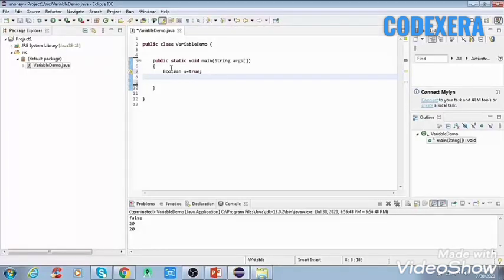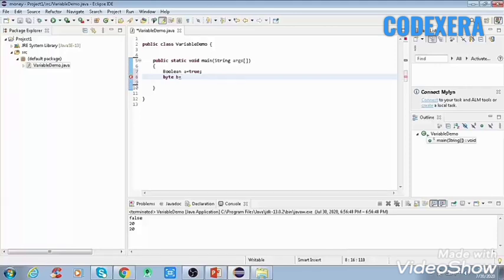And after that, the second one is the byte data type. We declare a byte data type by using the byte keyword, and after that we write the name of the variable and put some value for that variable.